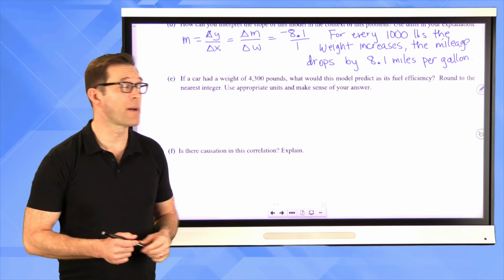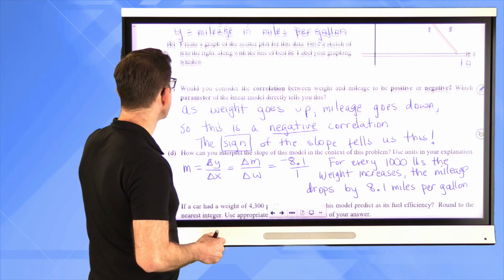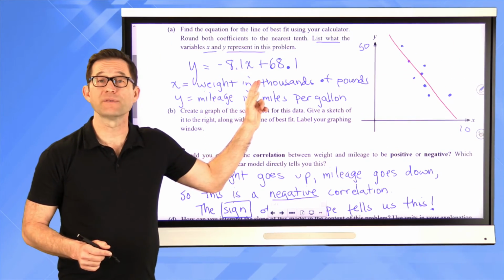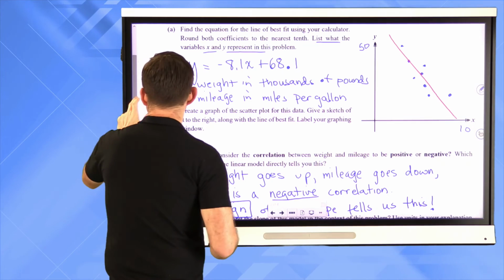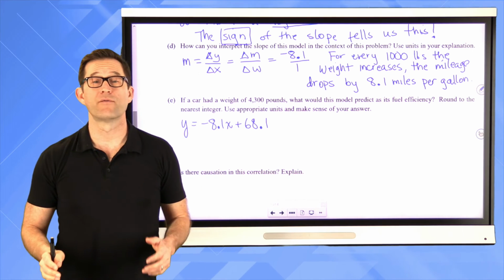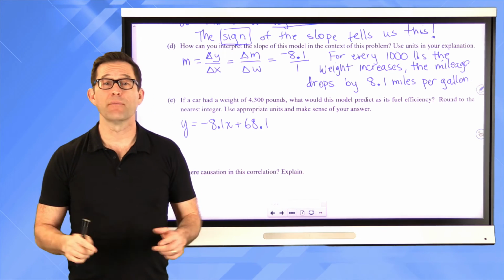All right, well, let's go grab that model, right? That model was y equals negative 8.1 times x plus 68.1. So let's write that down. Here's the real key, right? What do we put in for x? And you can't put in